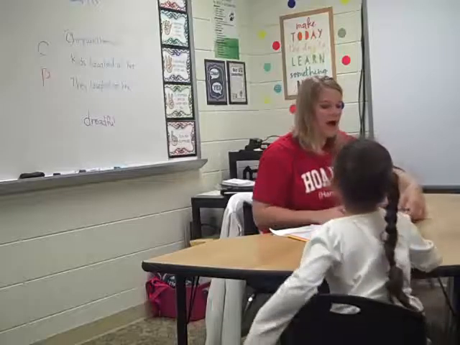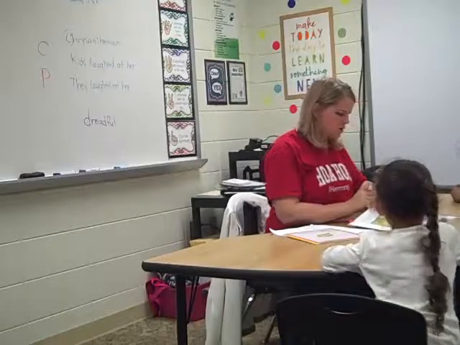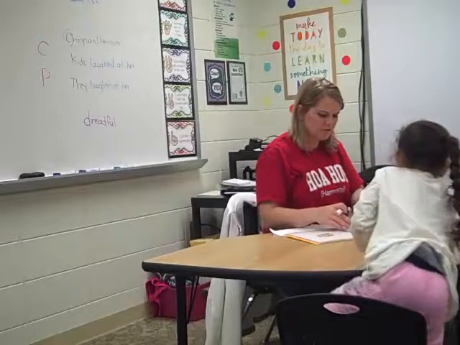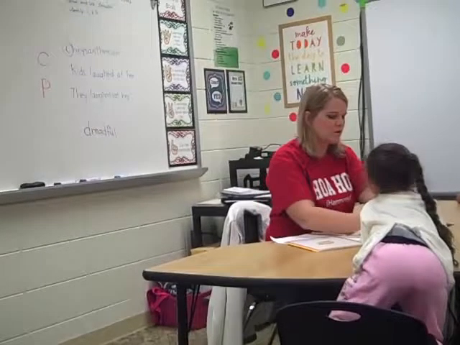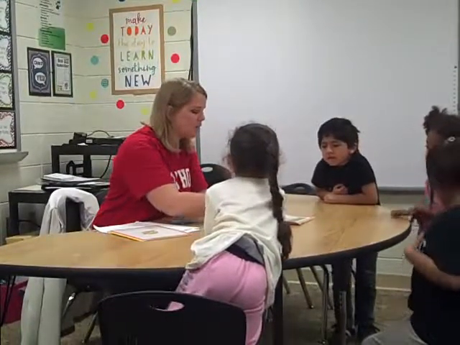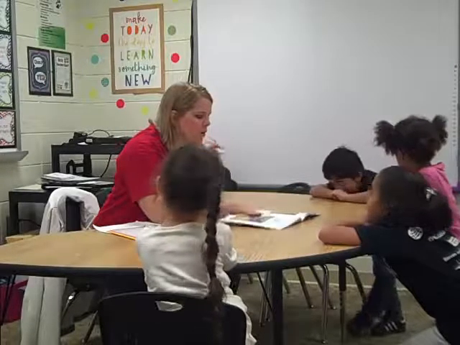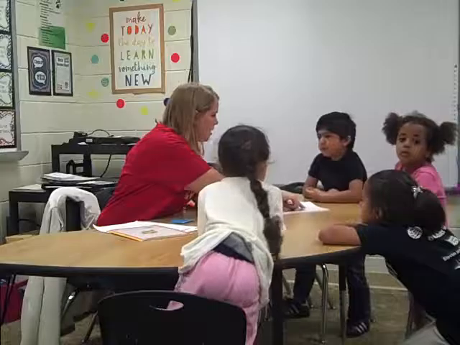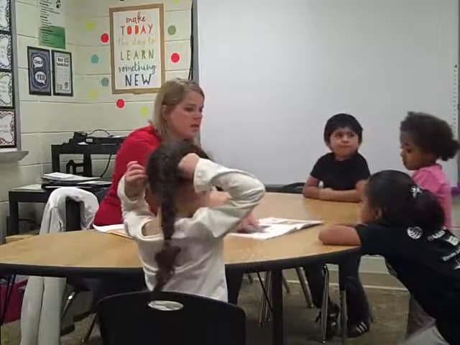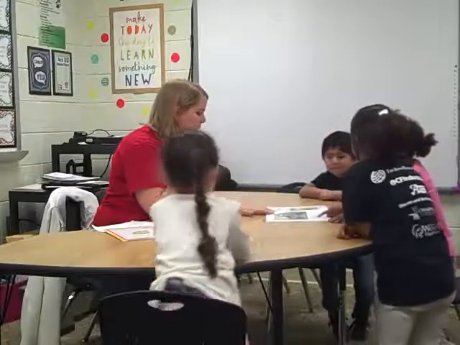Okay. I see some P words in this book too. Let's read them together. Let's find these P words. Here's one right here. This is the word petals, like we talked about how on the flowers there are petals. Listen to that word. Petals. Point to the P. Where do you see it? There it is.